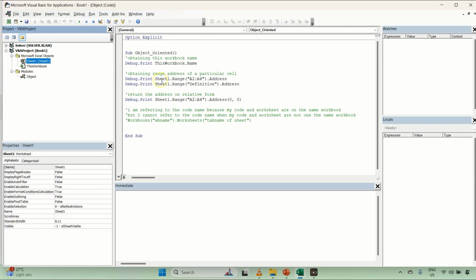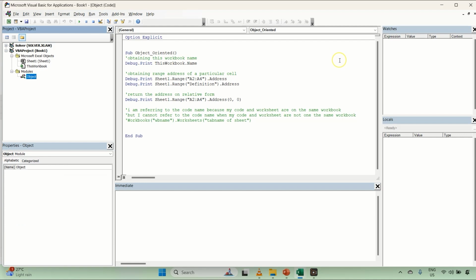Okay, I've used sheet 1 because sheet 1 is on the same workbook where my code is written. But if the worksheet is on a different workbook, you must use this. You must invoke the hierarchical order, basically the workbooks, whatever the name, the tab name of the sheet. So now I can just refer to the code name. Okay, that's about it. Now let's move on to